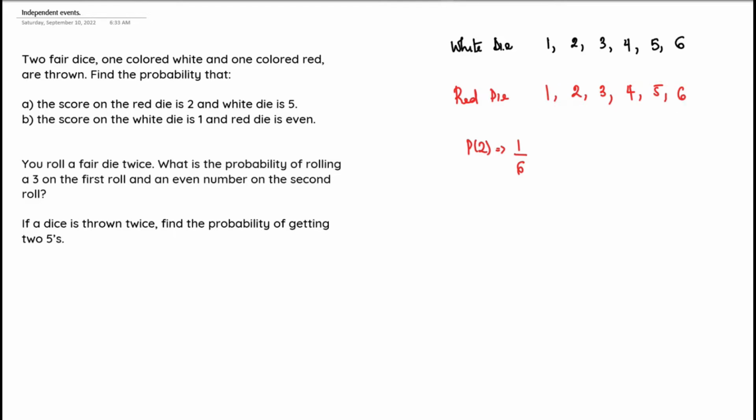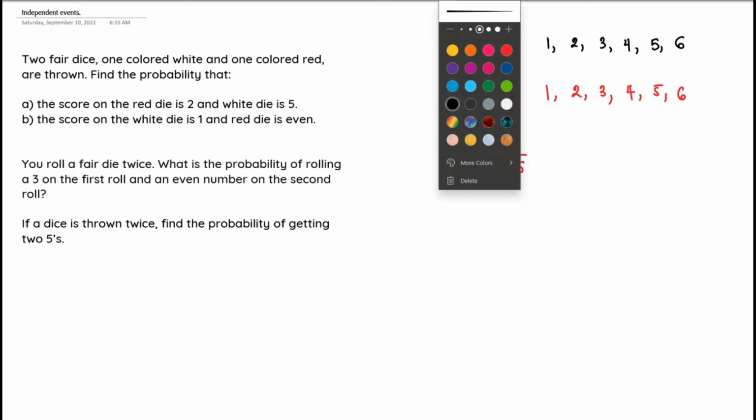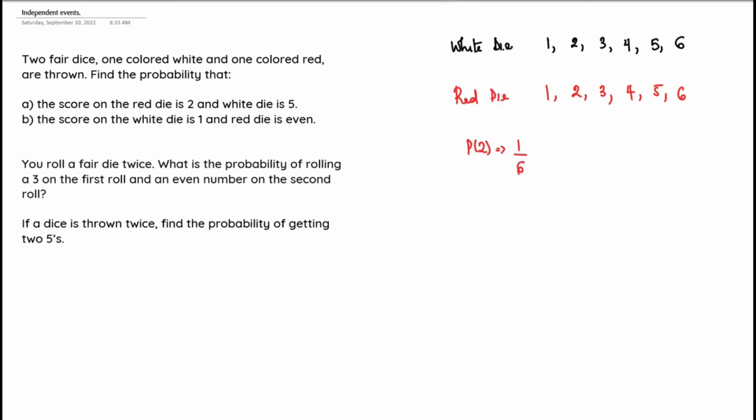And on the white die, the probability of having a 5 is just the number of 5s we have in the outcome of the experiment divided by the sample space. As you can see, we have just one 5, so that's 1 divided by the total sample space, which is 6. So the probability of having a score of 2 on the red die and a score of 5 on the white die